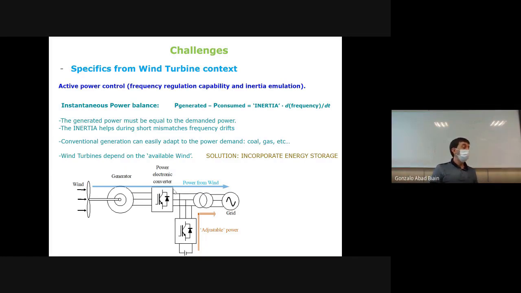The future is this, and we are watching that it is starting to be demanded, compulsory in some countries, such as, for instance, Australia, which is an island, and this is a very weak grid, and the UK as well. Some kind of this type of energy storage systems. So in the future, probably this will be a reality because it's a real demand.